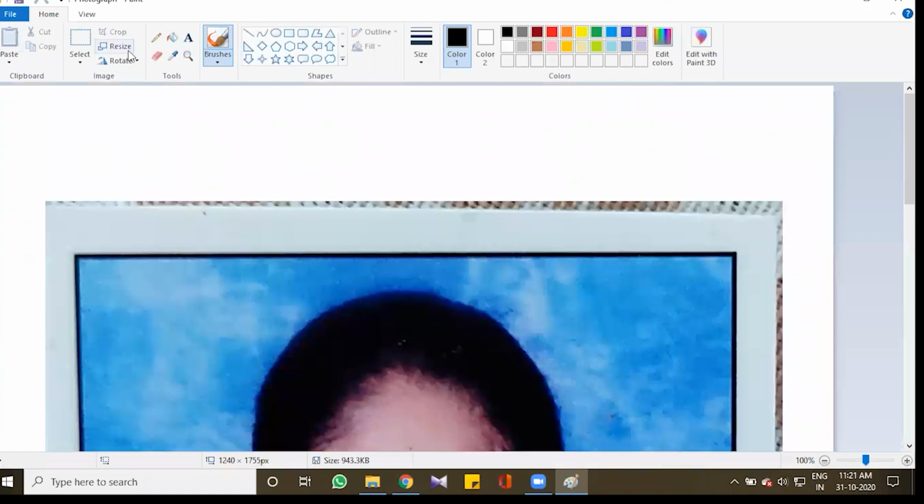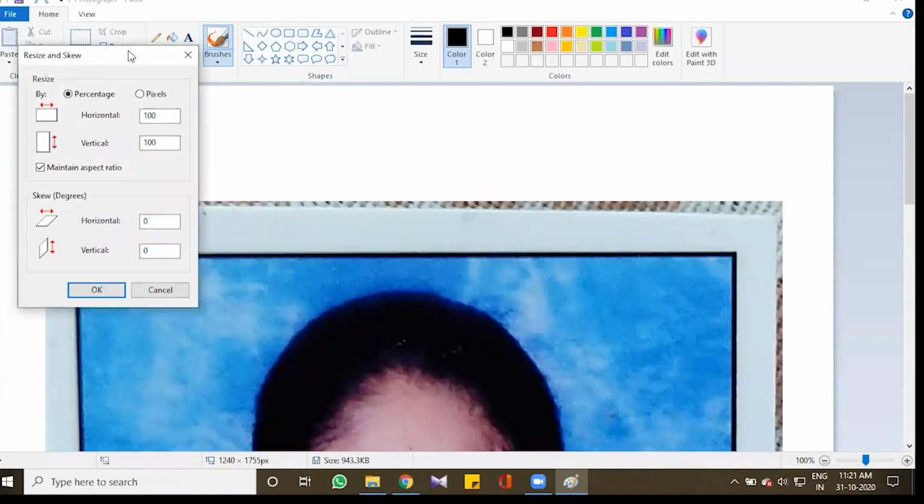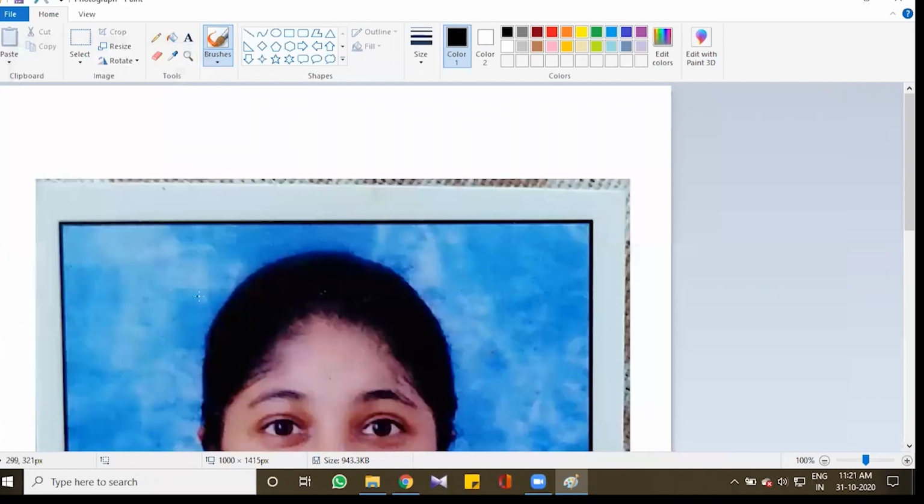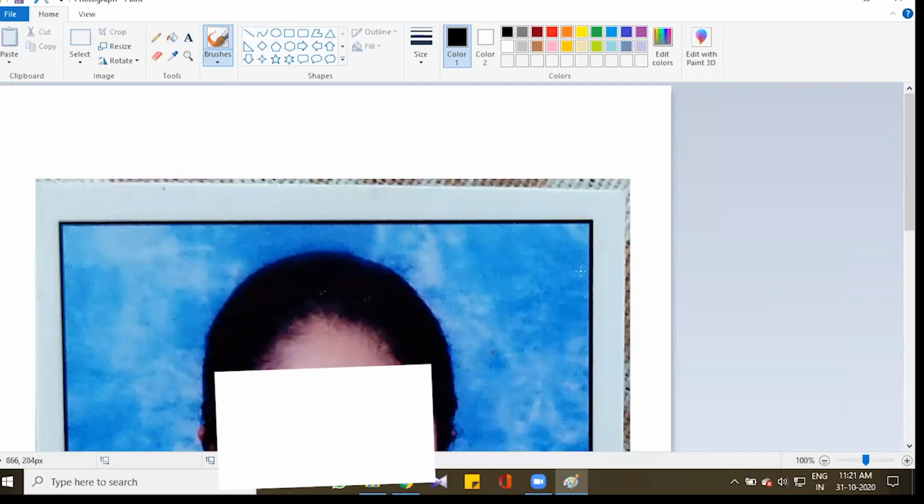Once I select this, I have to click on the option of resize. Here I can adjust my pixels by selecting the pixels tab. Just reduce it bit by bit to see whether you are fitting the required size. Once you do so, you need to save the document, and you can see the pixels are changing the size over here.